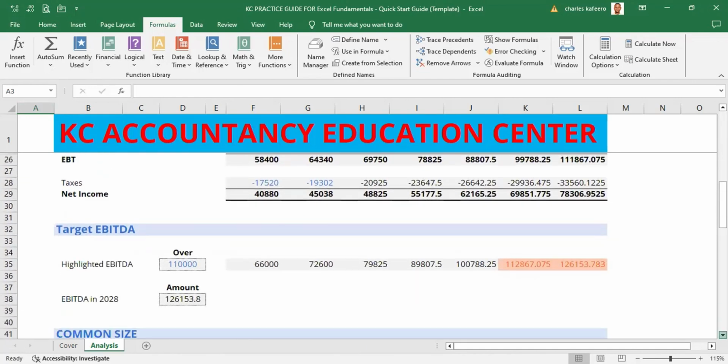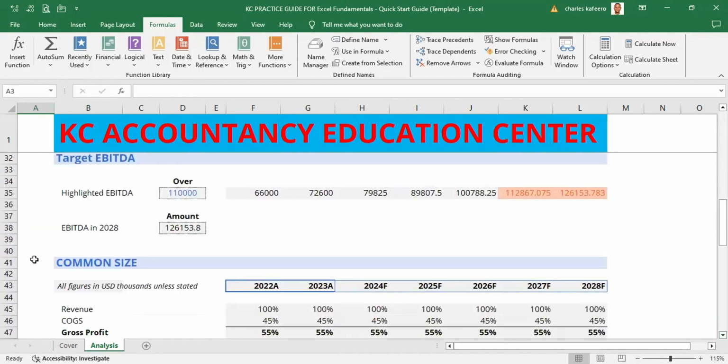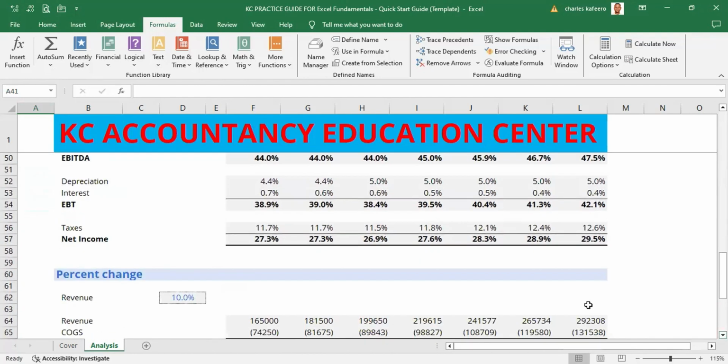We do the same thing to common size: use the backspace, hit enter to put in a space there. Then we also go to the last one, which is the percentage change. We also come and put in backspace, enter. And the nice thing about these spaces that we are putting in is that no one can actually see them, but